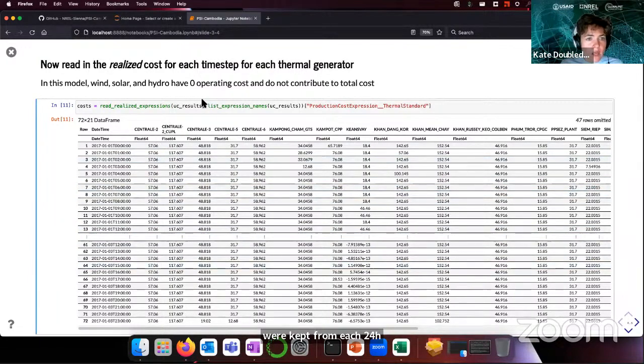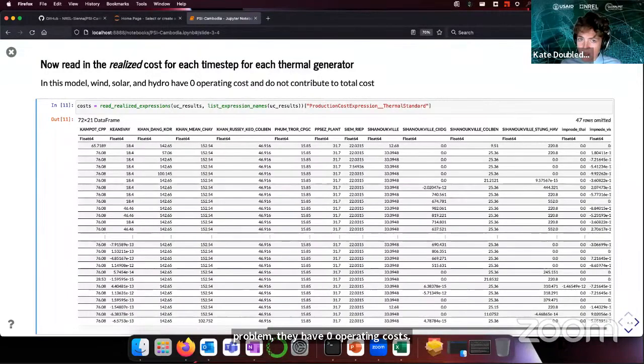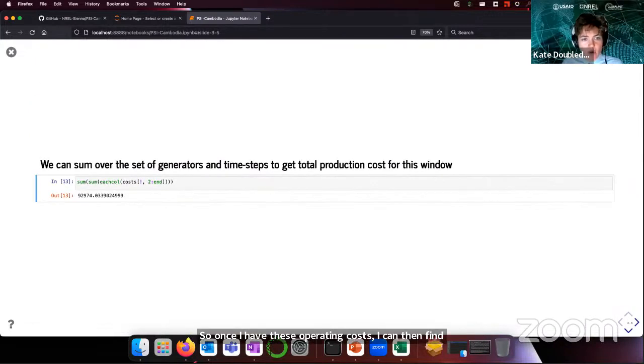So we also did not include wind, solar, or hydro when I looked up these realized production costs, just because in this problem those have 0 operating costs, and so they don't contribute to the overall cost. So once I have these operating costs, I can then find the total cost of the system by summing over that table. So here we have the total operating cost for this 3-day window in the base case, and we can use that as a point of comparison when we get to the renewable